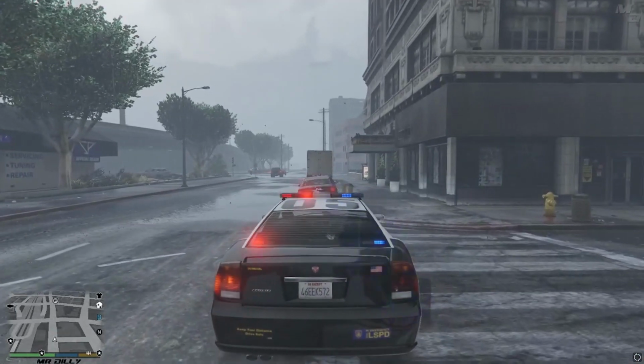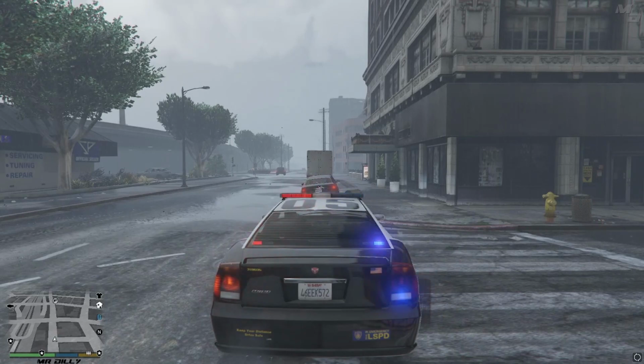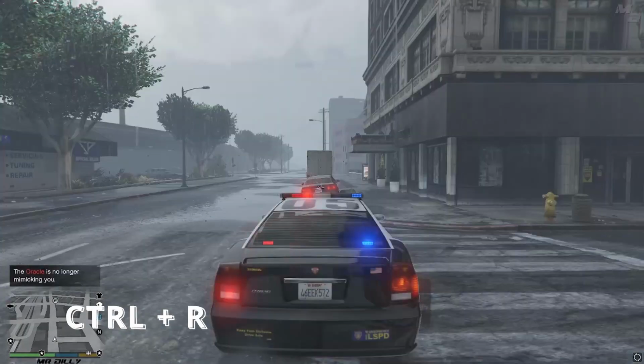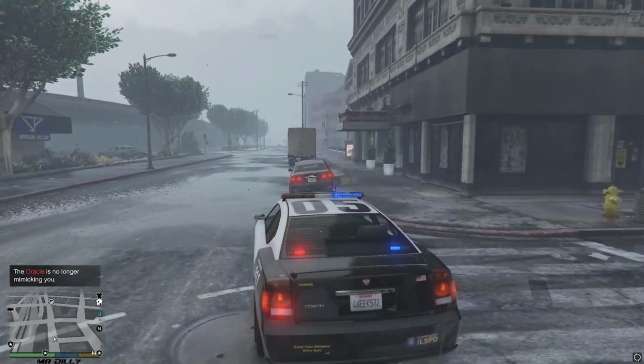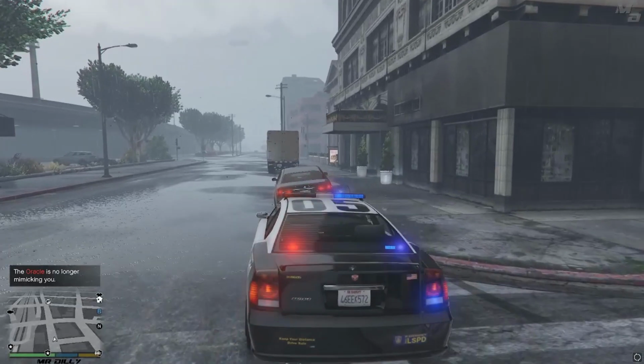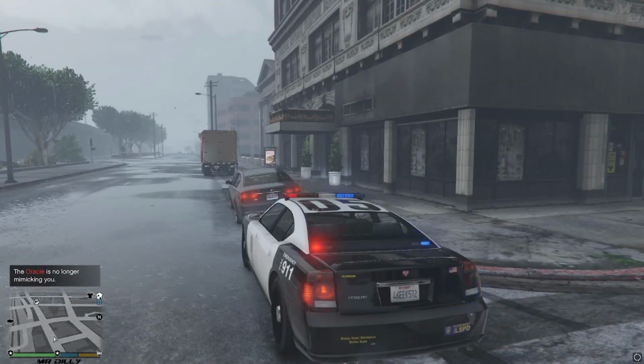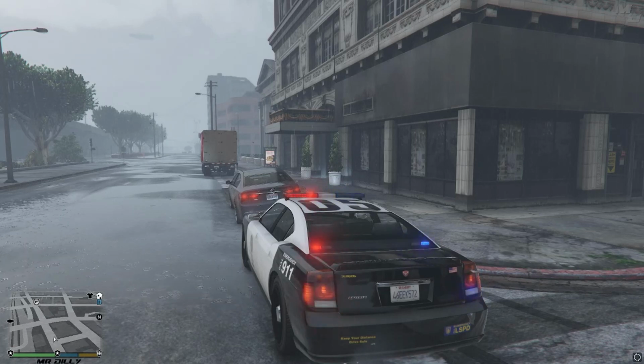All right, and so let's say I am happy with that, so I can hit my left Control key plus R again, and that's going to stop him from following what I'm doing. So then it gives me a chance to go to the back of this vehicle and just step right here. All right, in terms of stop the ped,